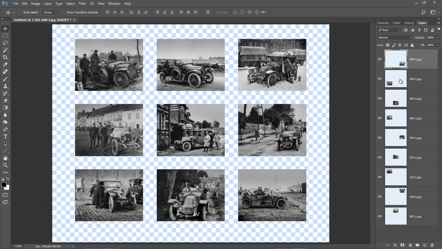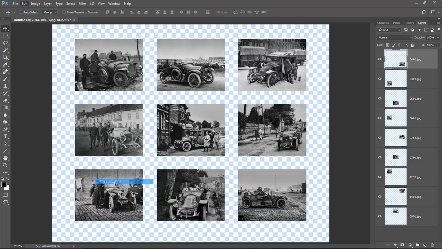Sometimes when you're working with a large group of images, let's just select one down at the bottom here. To pick up something like this quickly and easily, with the Move tool selected in the toolbox, if you hold the Control key and click the image, you'll see that it automatically is selected. If I do that with all of these, and you keep an eye on the layers on the right, you can see how easy it is to select any particular image that we want. So if I wanted to flip this one over, I can do so with Edit,